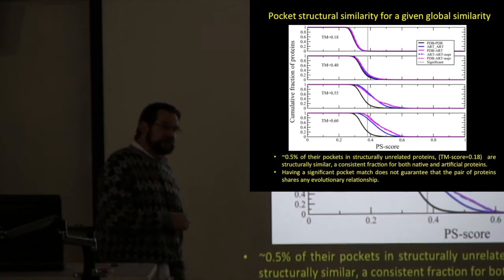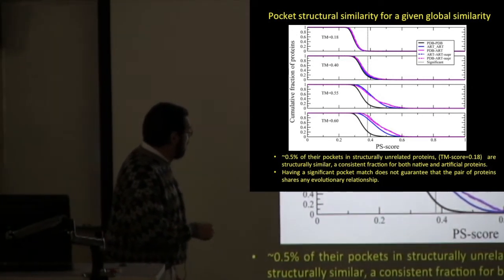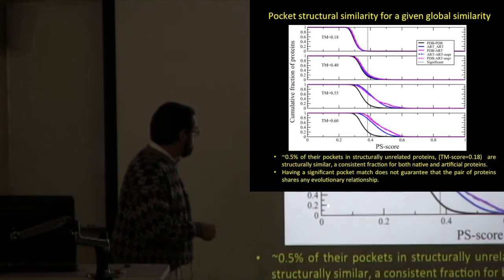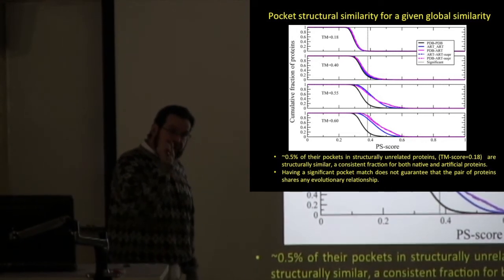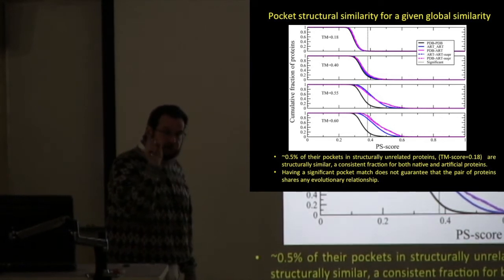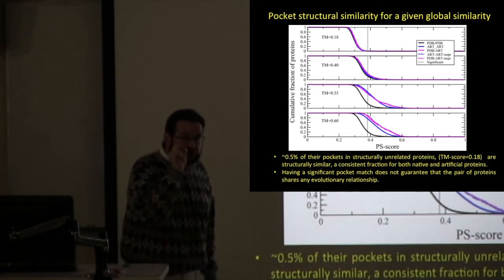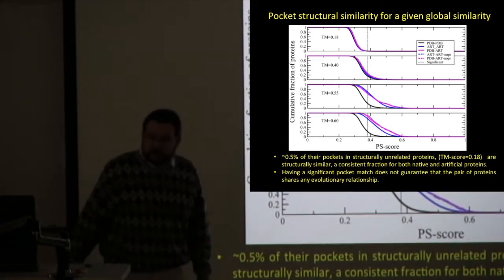These structures are very related to each other. These are the PDB structures. This is the cumulative fraction of representative proteins whose pocket similarity score is greater than or equal to this value. These are the ones that match. You only see about 20% of the pockets are statistically significant, even when I have a virtually identical global fold, and I'll show you this in another case in a second. So even when I have globally similar structures, very similar structures, most pockets, in this case 78% of native ones